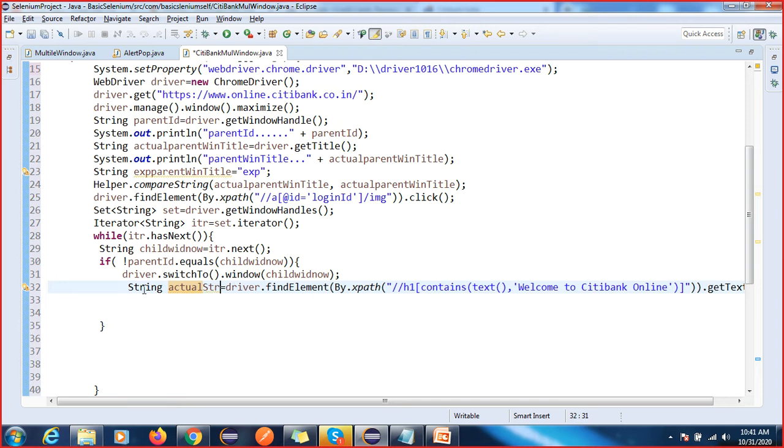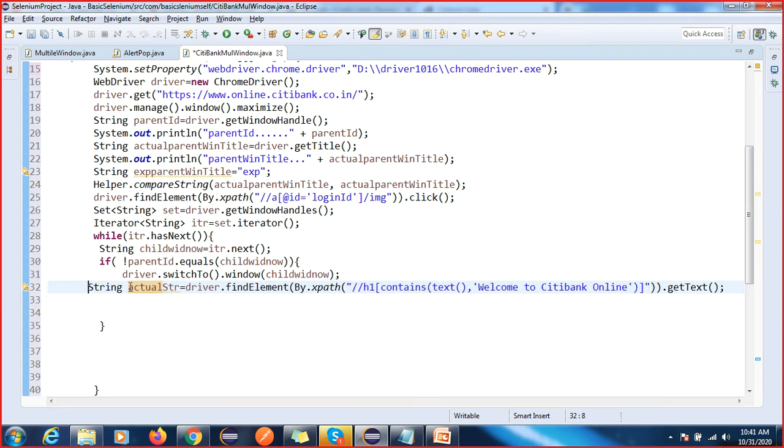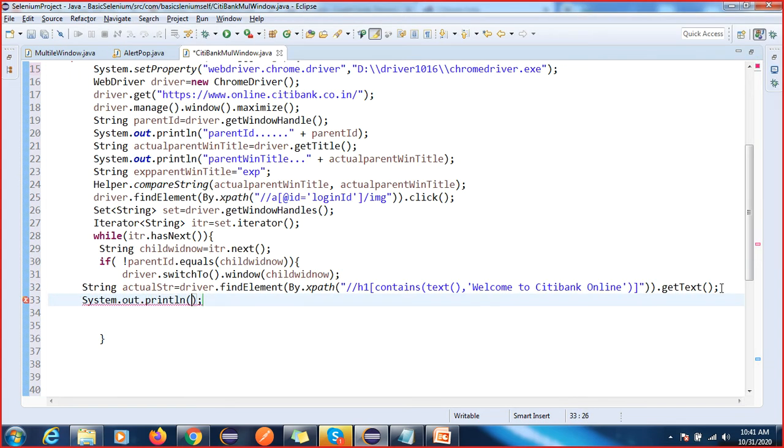Okay, so I'm going to also display this value for debugging purposes. In future, if your code fails, then you can debug by seeing your console.